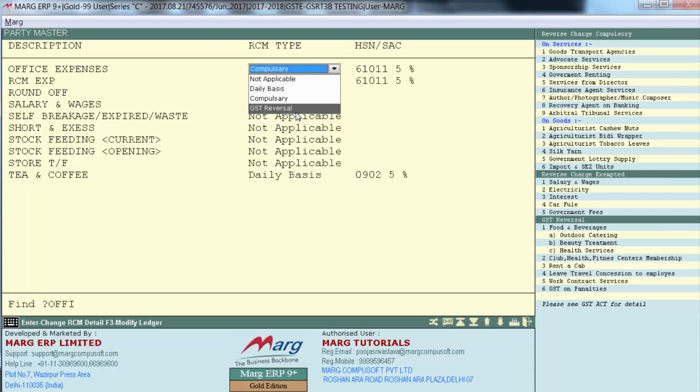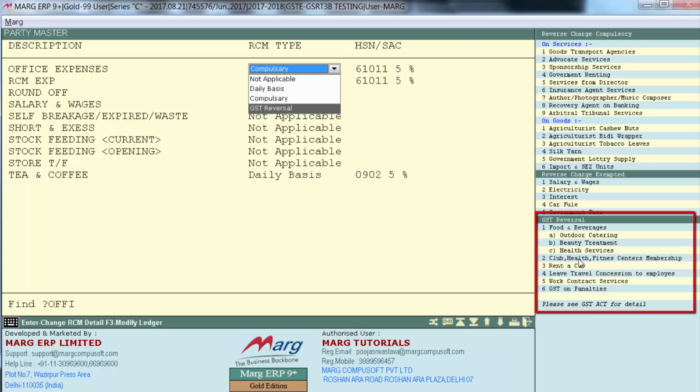Next is GST reversal. The government has defined some goods and services on which input tax credit would not be received, even if you have paid tax for them. For example, if the user takes services from a beauty parlor which is registered and he has included the tax in the invoice, then the user will pay the tax, but the user will not be liable for the input tax credit. You can see a list of all the goods and services which come under GST reversal.